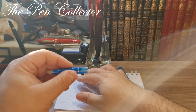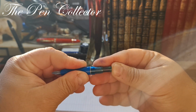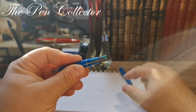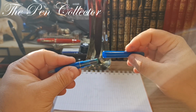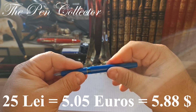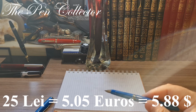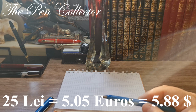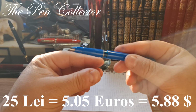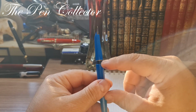I didn't tell you the price of this fountain pen. I bought it, of course, second hand. And here is the click. And I paid for it only 25 lei, which means I paid 5.05 euros or 5.88 American dollars. Indeed, you can see through here that